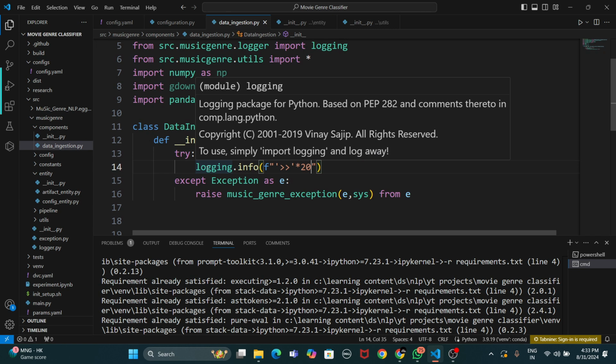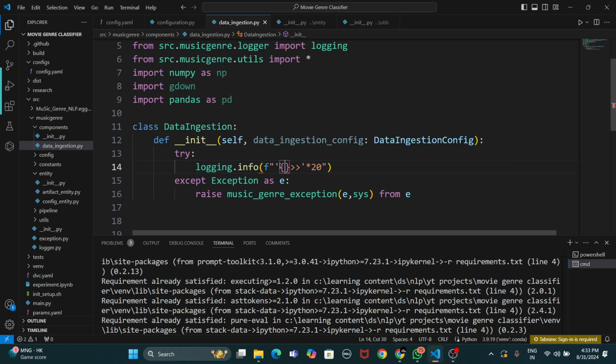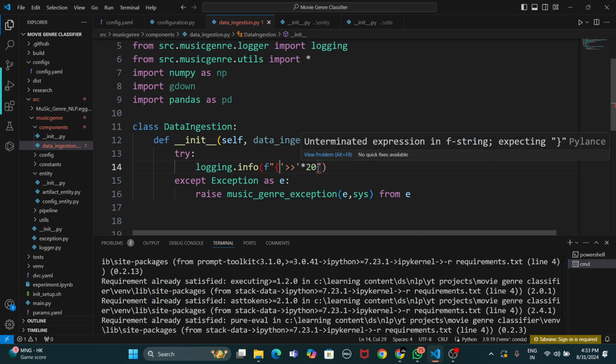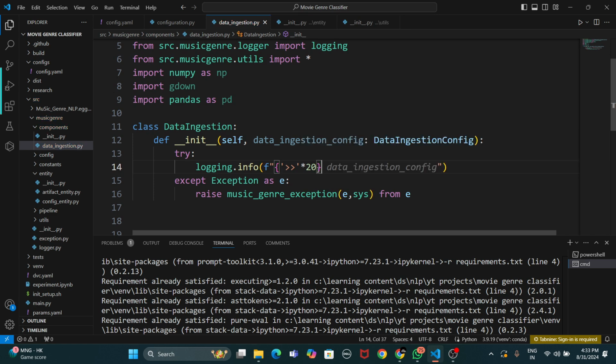Then I'll write, I guess, it's a string, right? So it should be fine if I pass it like this. Hold on. I think I can keep it like this. So like this, I can keep this as yes. Remove this. Keep this. Yes. Okay. Yeah. So you can get the data ingestion